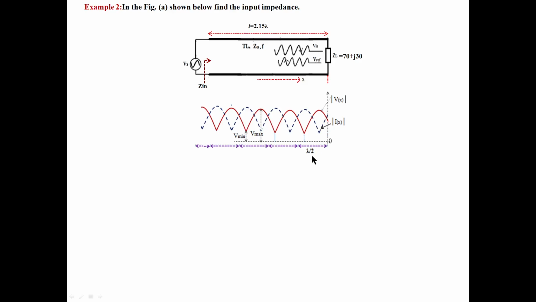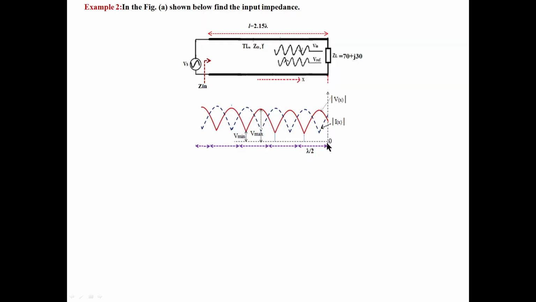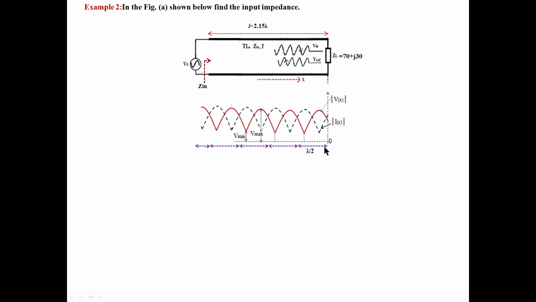So here we are moving over a VSWR circle. If you complete one circle like this, we are traveling only a distance of lambda by 2, starting from here. If you complete it, we will be traveling only this much distance, lambda by 2. But if I want this, I have to move further. See like this, our distance is not only up to lambda by 2. Further you have to move like this.